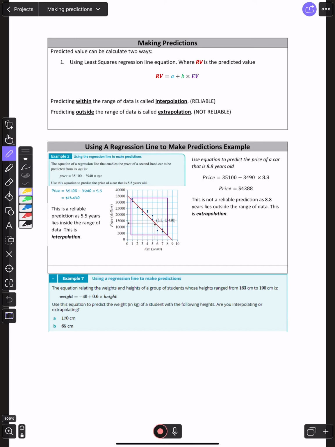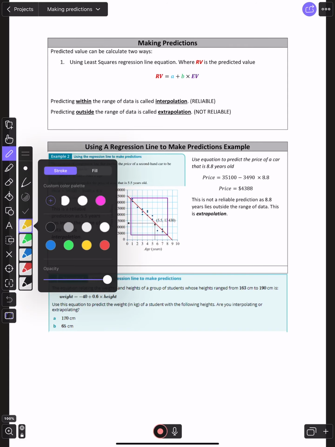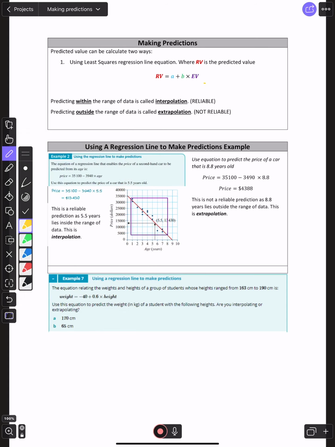Okay, so we all know what a least squares regression line looks like. We can be given this in the equation, so our RV, or our response variable, is given by a plus bx times your explanatory variable. Remember that a is your intercept and b is the slope of the line. And remember that for the least squares regression line, we get a scatter plot. Your least squares regression line, your calculator does beautifully for you. Takes out all the guesswork